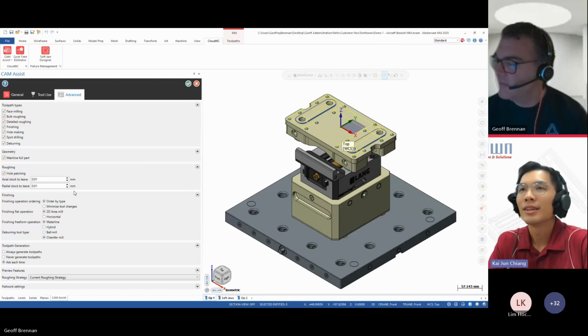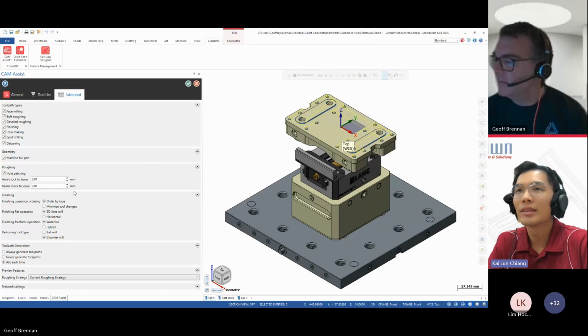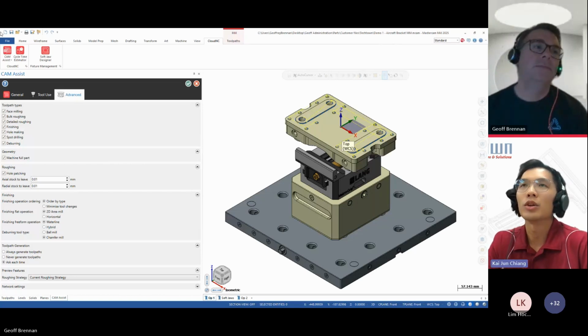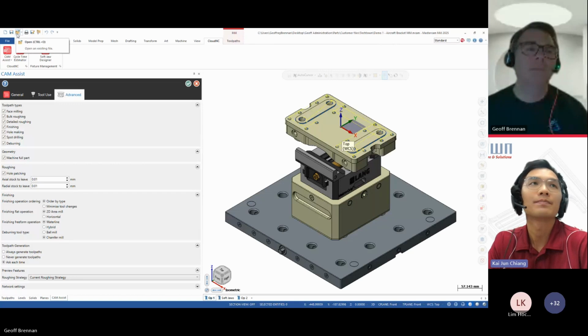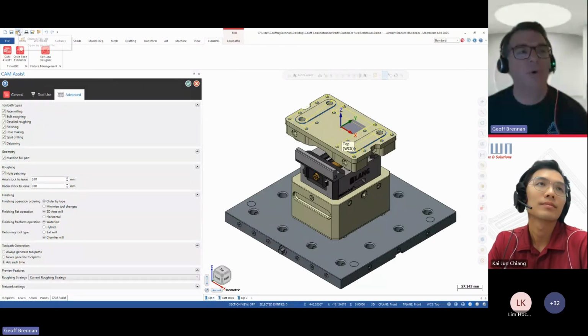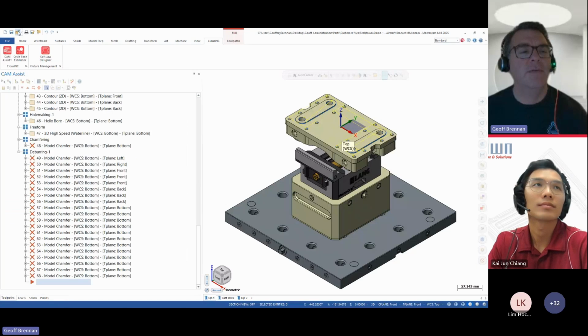Okay, and I think the last question is, if they don't have the work holding input, is Cam Assist able to work effectively? So, in terms of planning out the work operation and so on. Yeah, of course, in these examples, we're always including the work holding to be correct.